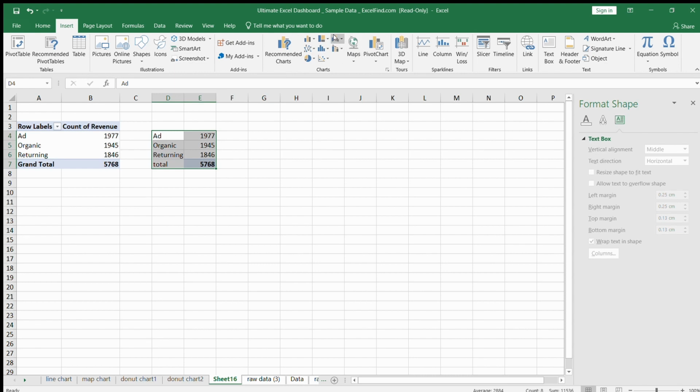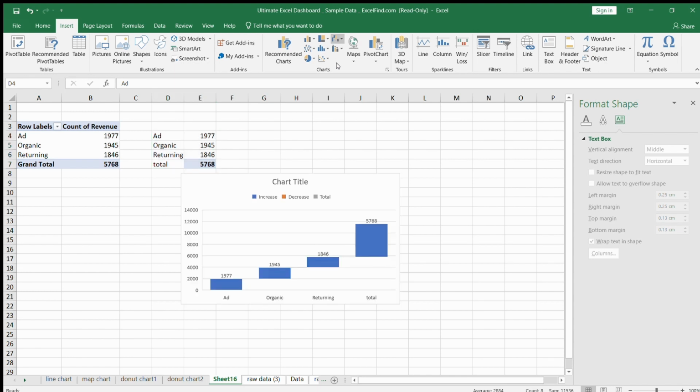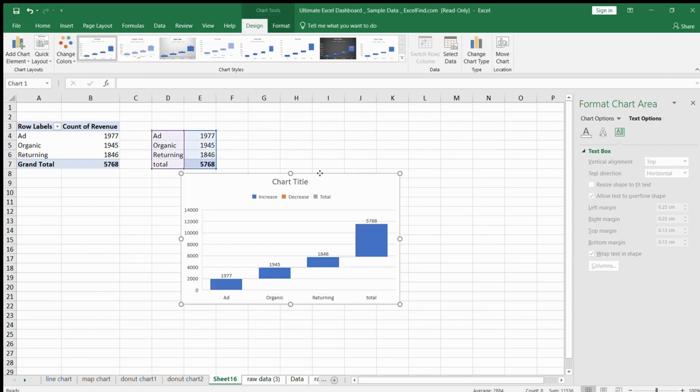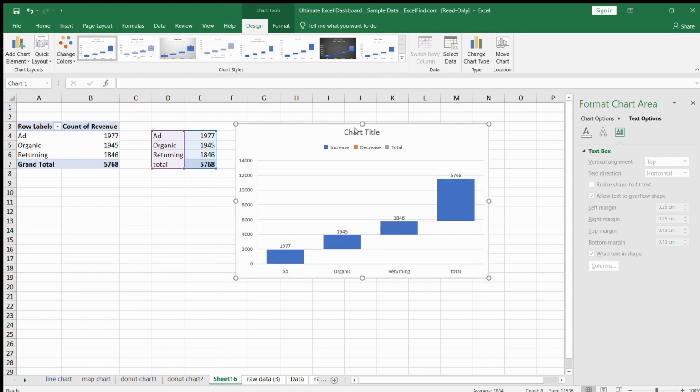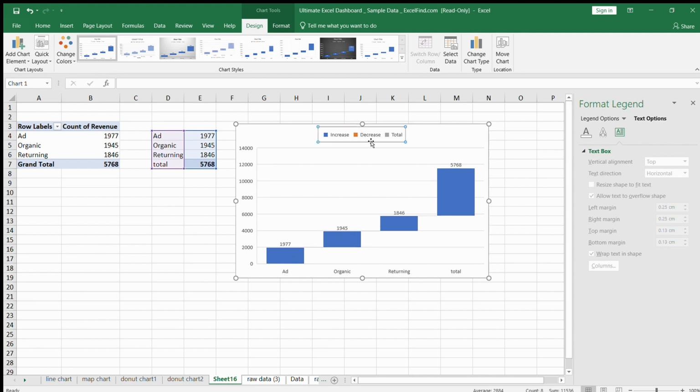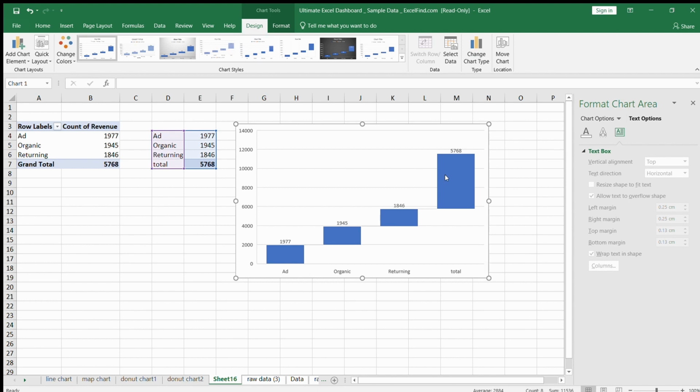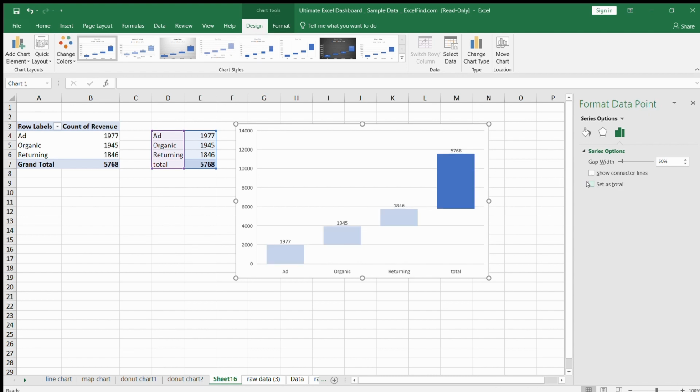this is the waterfall chart icon. So let's click the waterfall chart, increase the size a little bit, and as you can see, there are some unwanted elements here which we don't need. As you can see, the total column alone is also considered as another value. We need to make sure that this is a total column, so we right click this and set as total,